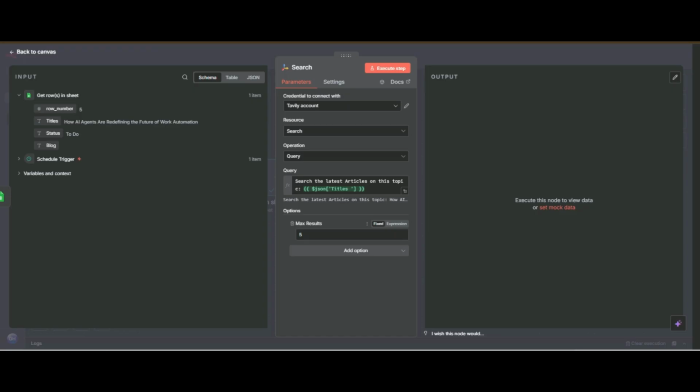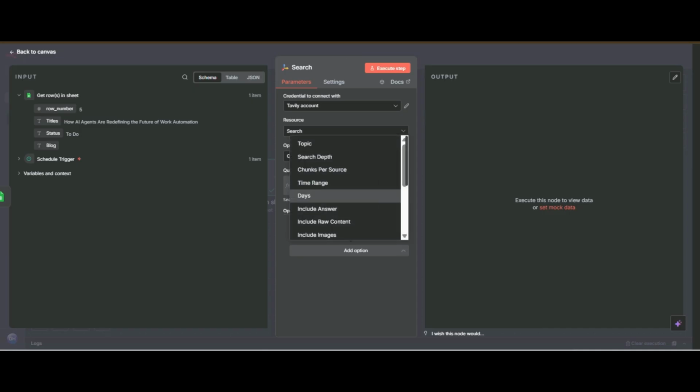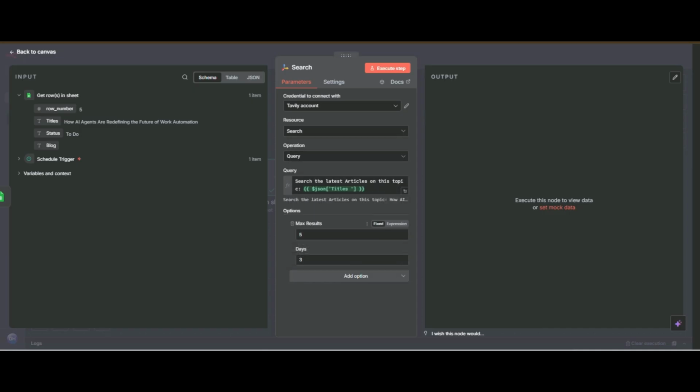And it's also up to you how many days you want to retrieve, like you want Tavily to only retrieve the last 3 days of articles on this topic. I will add it, now you can see days. So how many past days?